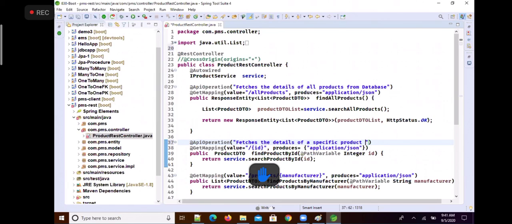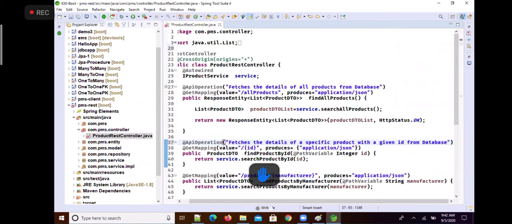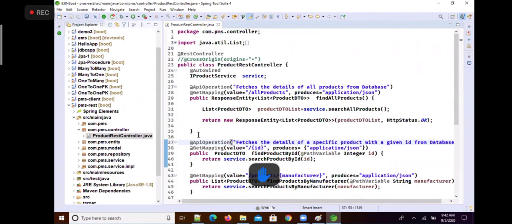Fetches the details of a specific product with a given ID from database.